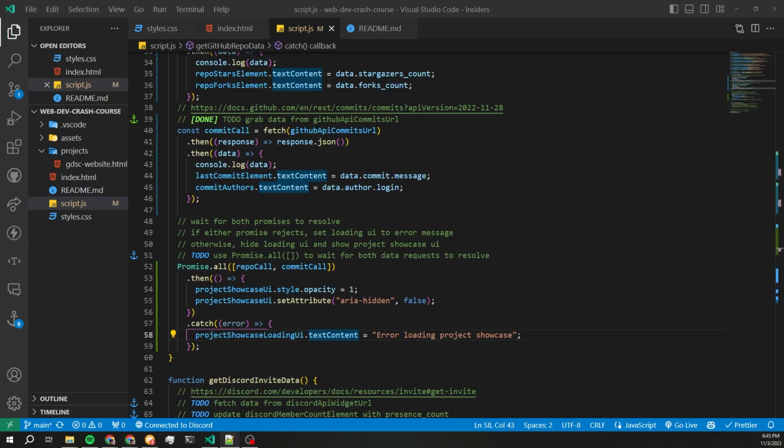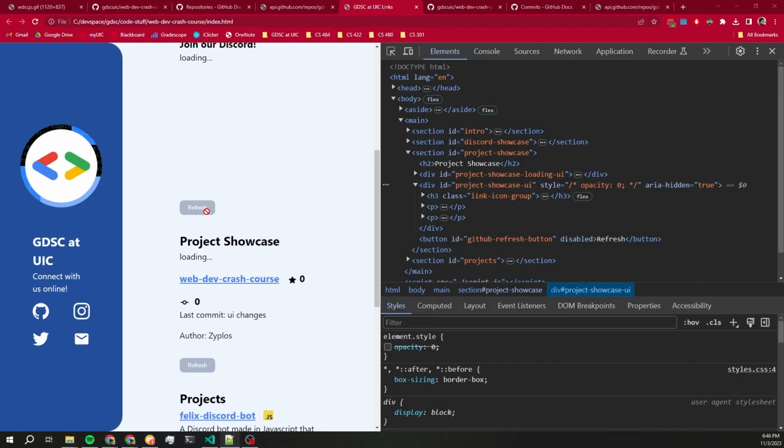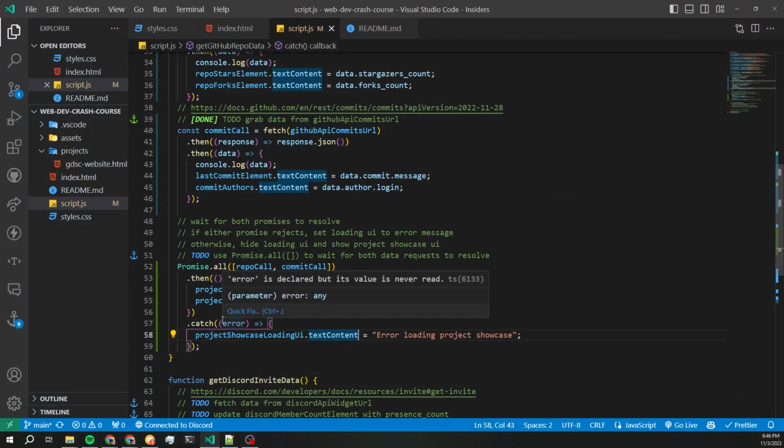What else? Yes. I have these buttons. So let's say it errors out. Even if it errors out or it shows the data, I want people to be able to refresh. If it shows the data and people want to see the latest version of that data, they can hit the refresh button. Or if it errors out and they want to try again, they can hit the refresh button and it'll try to grab that data again. So right now it's disabled. It's not going to do anything. If I want to undisable it or enable it,